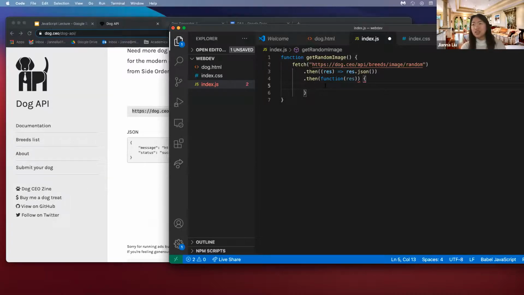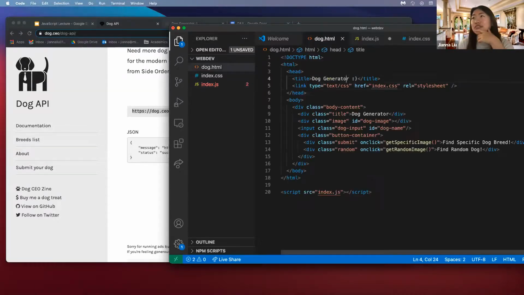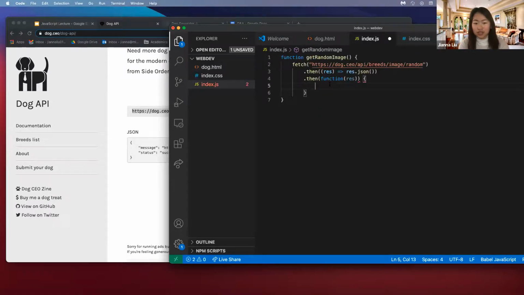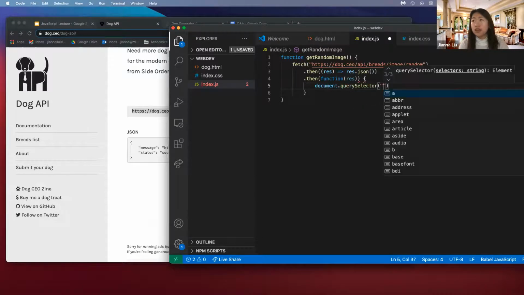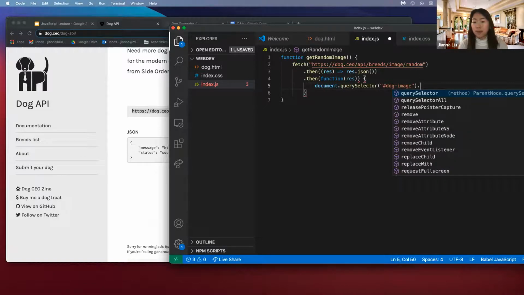So I want to put this image inside the HTML component with the dog image, right? Like I had this ID of, sorry, where was it? Dog image, right? So I want to put it there. So what I'm going to do with this result, just like I said in my slide, is document.querySelector, and then I'm going to call dog image, and then